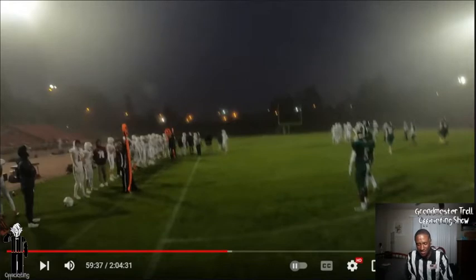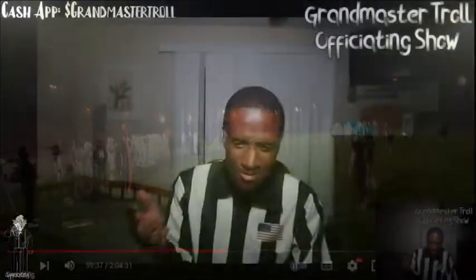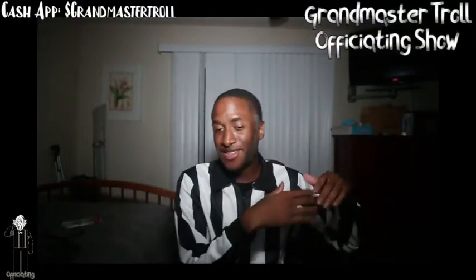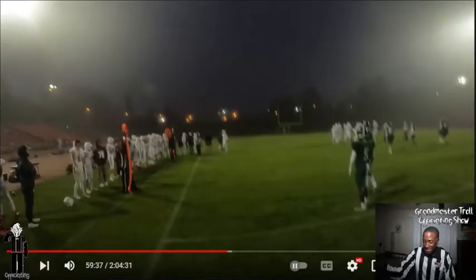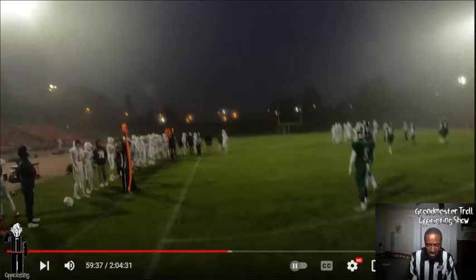So while they're enforcing the penalty, I'm having a so-called brain fart, because I'm thinking of the college rule and not the high school rule. So as they're enforcing the penalty, we had the whole Jerry Mixon Jr. situation going on, but I wasn't really focused on that because I was thinking about the rules and the enforcement of the rule. And the head coach from Sacred Heart Prep was upset that it was a 15-yard penalty. He didn't think illegal participation is a 15-yard penalty. It is a 15-yard penalty.